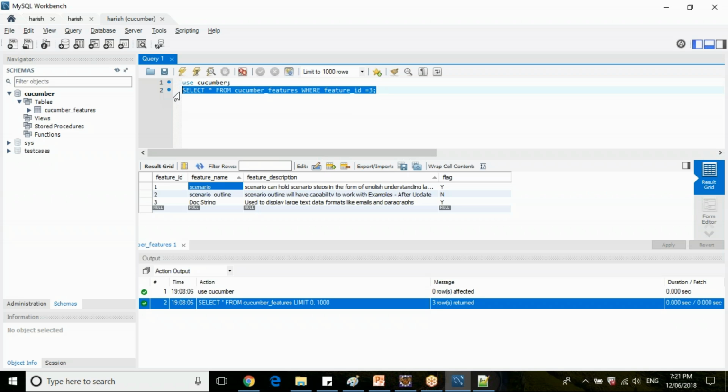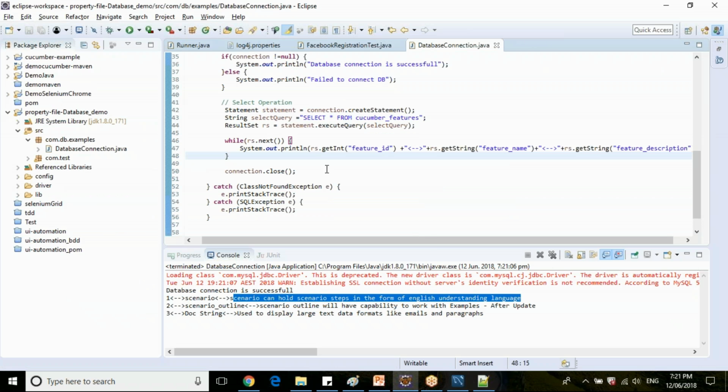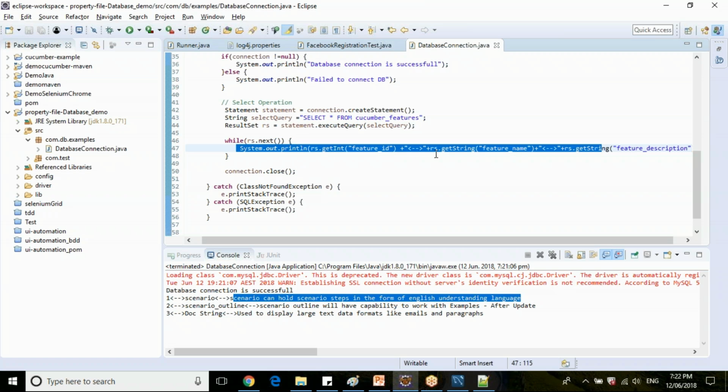So how does the code handle this now? What are the major changes? What do we need to do here? So we are printing all the rows in the table.